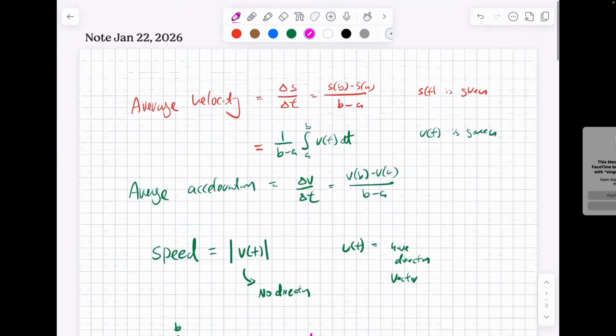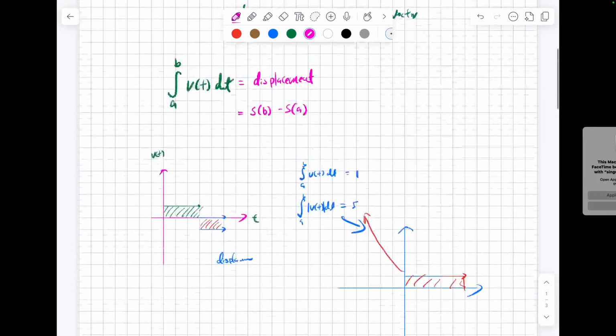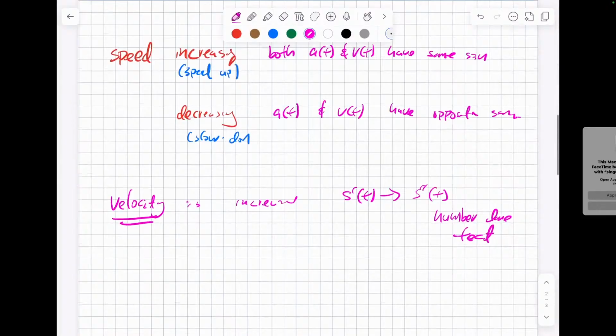Okay, so those are all the things that we talked about the other day as SVA. So position, velocity, acceleration is taking the derivative each time. And if you want to find the other one, you have to integrate each time. So this is how you do this. Is that okay? Yes. So when do you make the number line? The number line test you need for both.